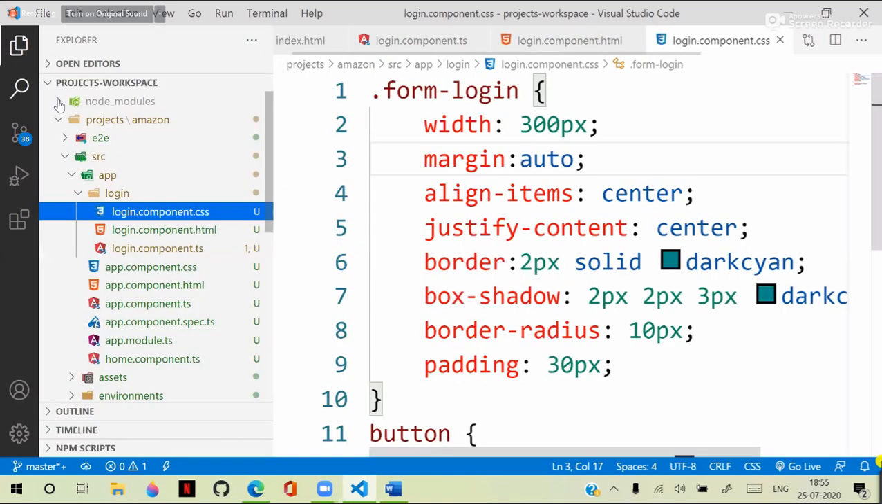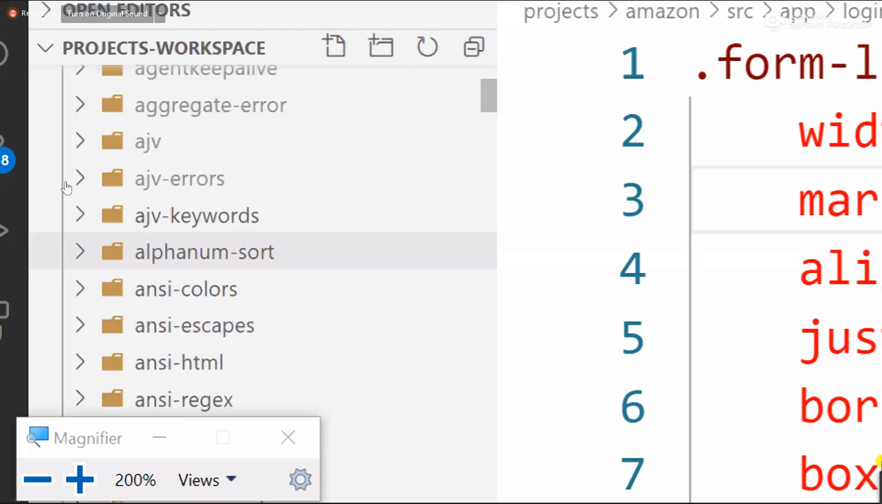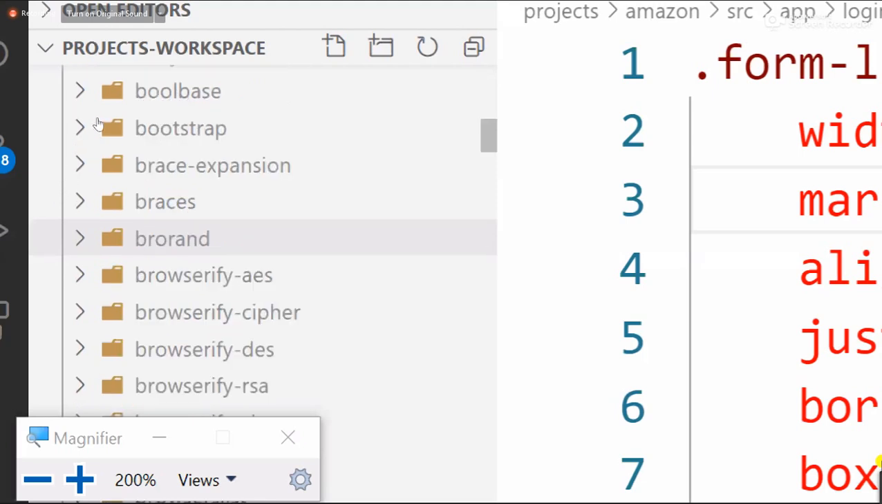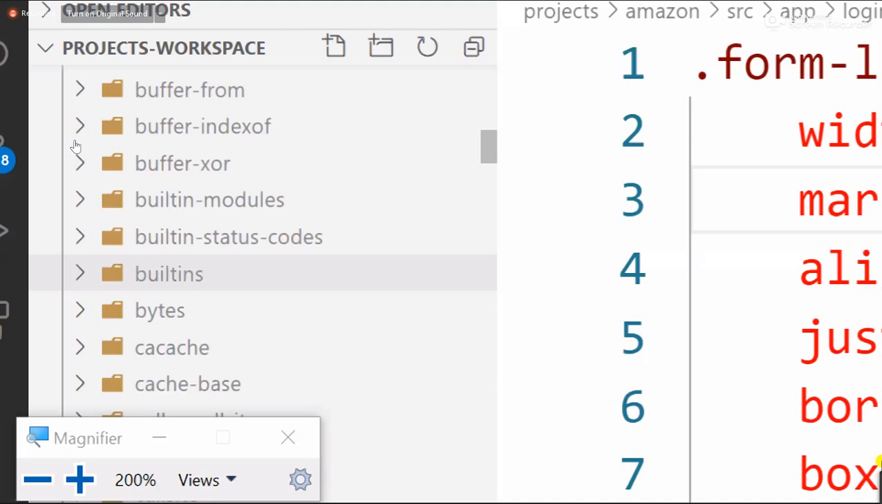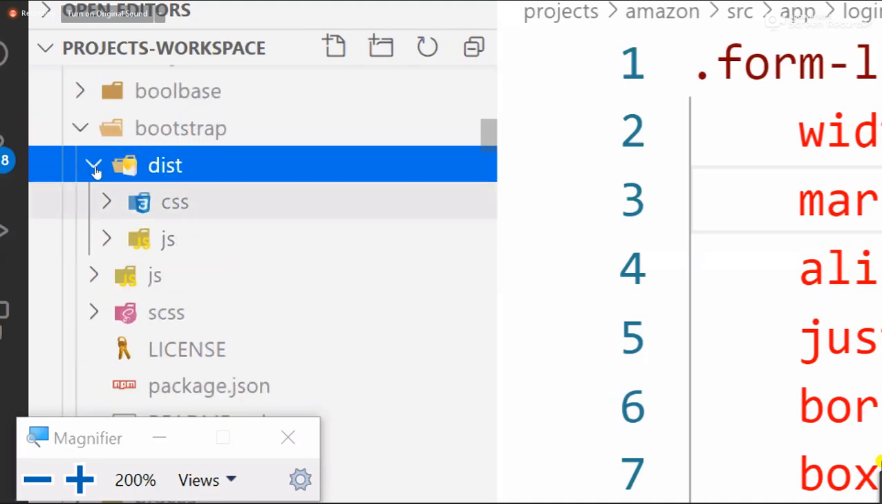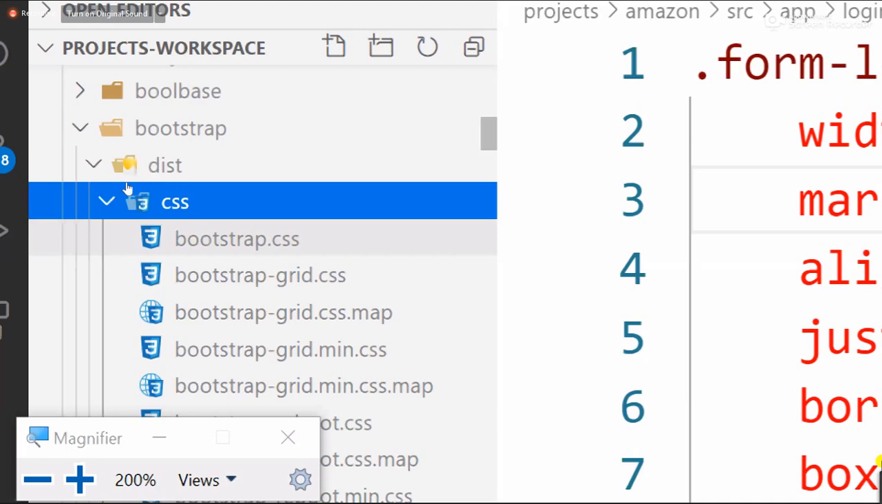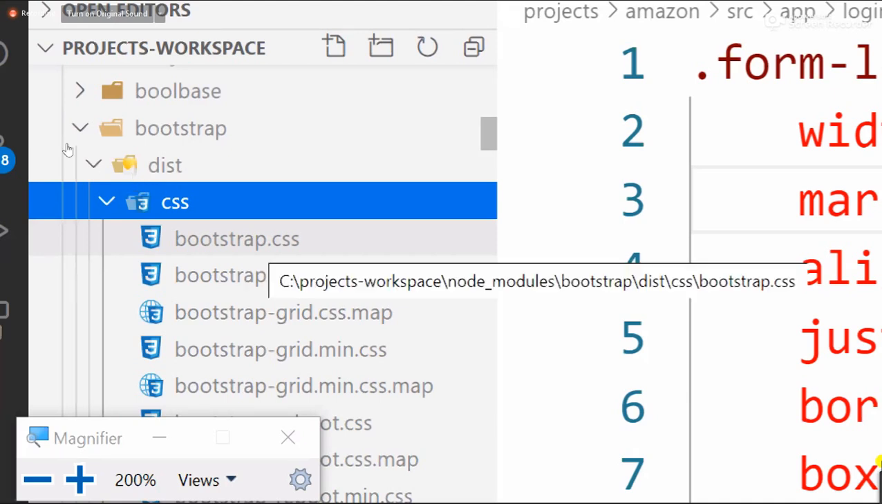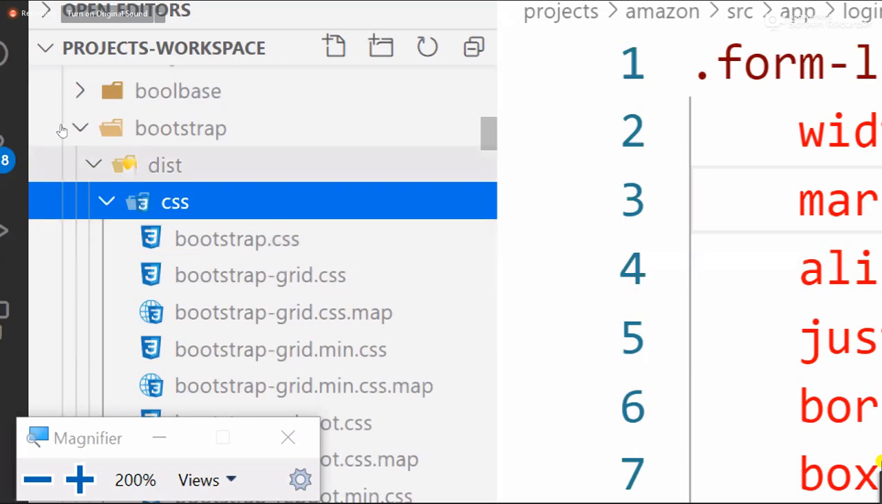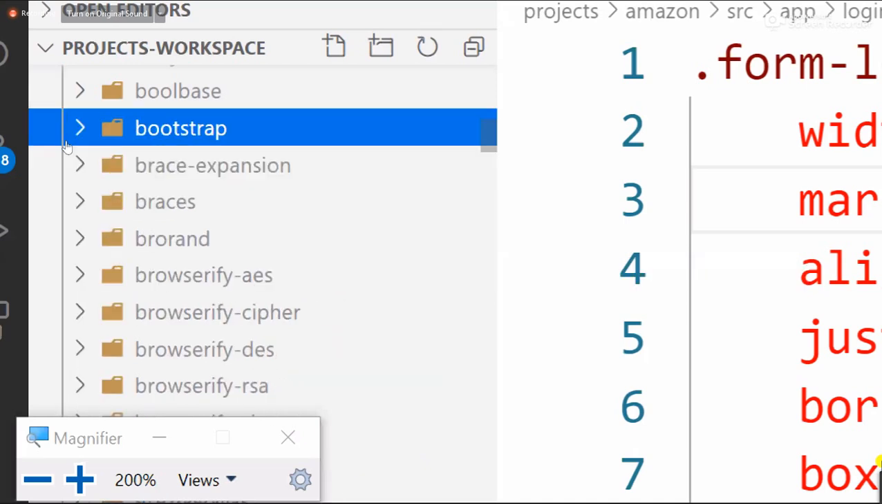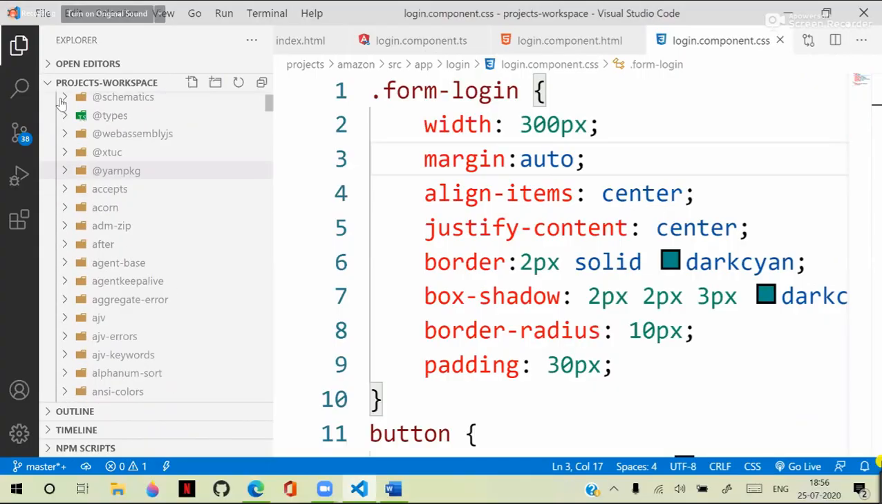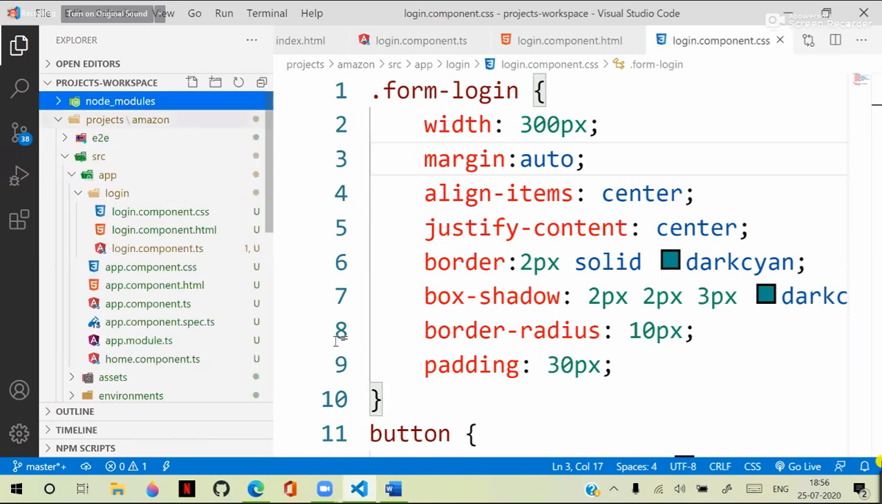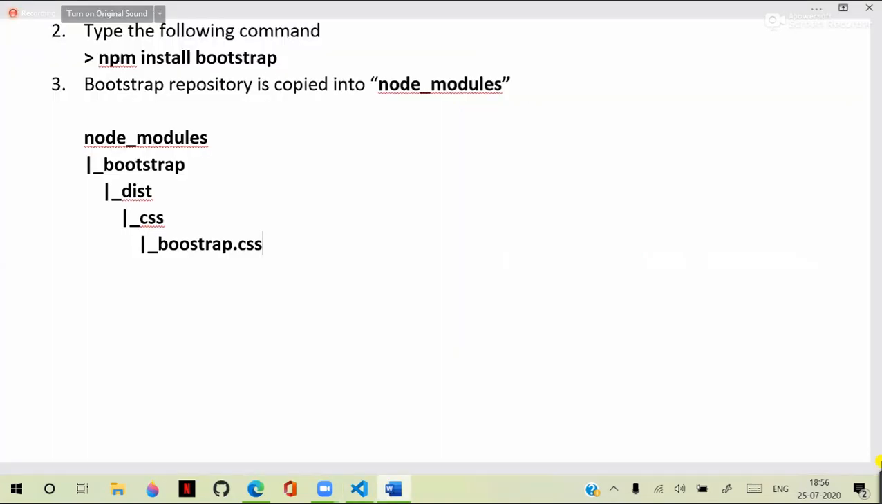you can see we have a Bootstrap folder. Scroll here, you will find a Bootstrap folder. In this Bootstrap, we have dist, the distribution, and in that CSS, bootstrap.css. This is the basic file that we need. Now what is important is, after downloading this Bootstrap, it is available in the node modules. So the next step, what we have to do, is